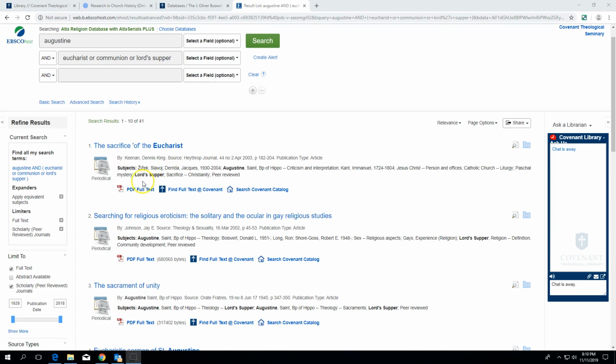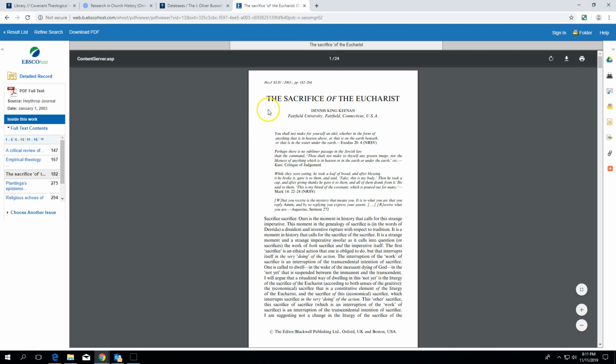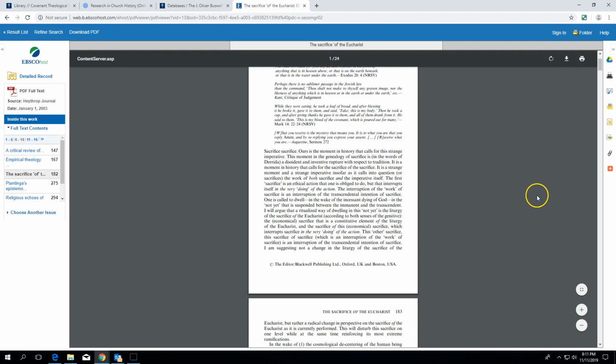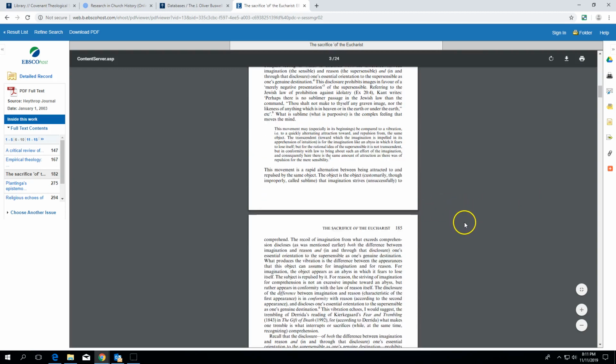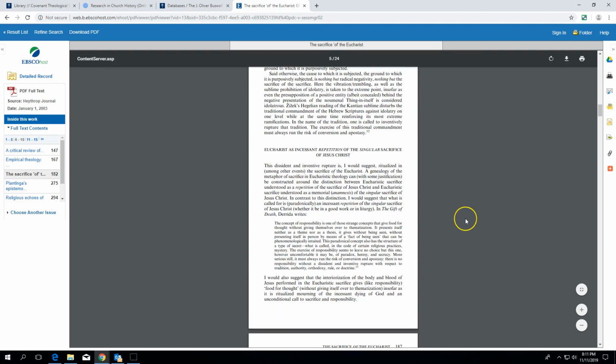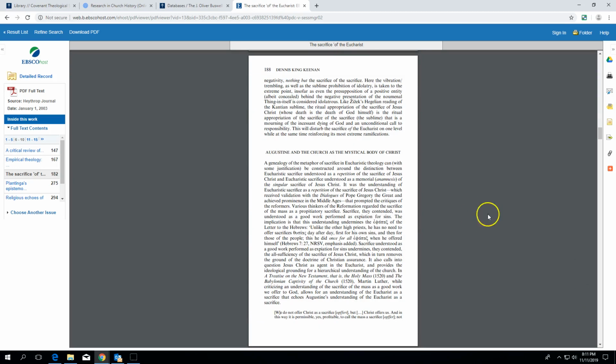Let's quickly take a look at the first result here, the first article, The Sacrifice of the Eucharist. The Sacrifice of the Eucharist is an article by Dennis Dean Keenan. It's published in the Heythrop Journal. And if we scroll down a little bit, we see a discussion of Kant's thought, and then eventually we see Augustine and the Church as the mystical body of Christ, and we see that it deals with Eucharistic theology. So this looks like a pretty good source to take a look at to get a better understanding of Augustine